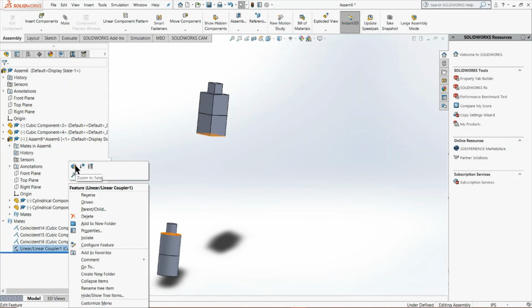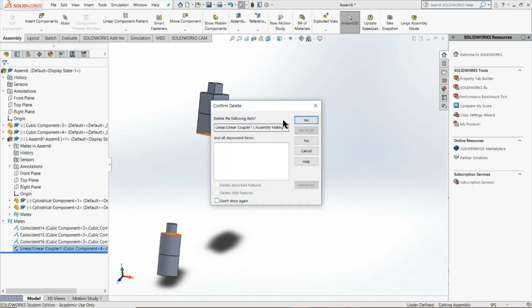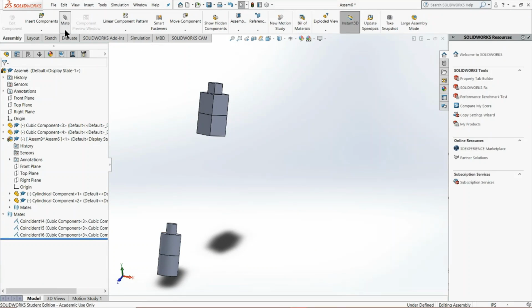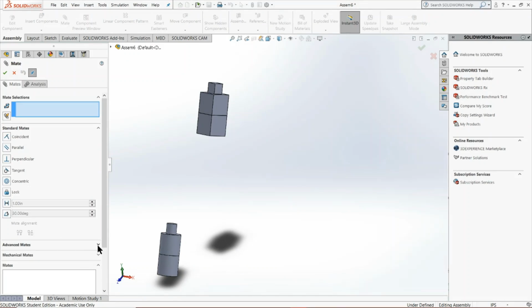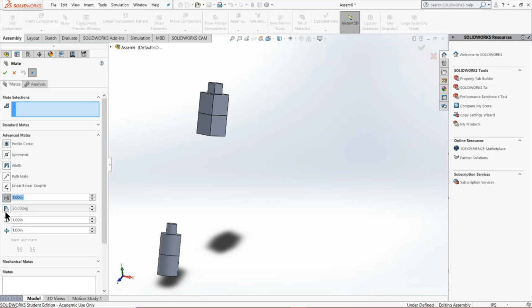So again, this works very well with linear slides. But again, I'd advise trying this out in different situations and seeing what works best for you. You won't come across it too often as well. So I'm going to delete that guy, and I'm going to show you our final distance and angular